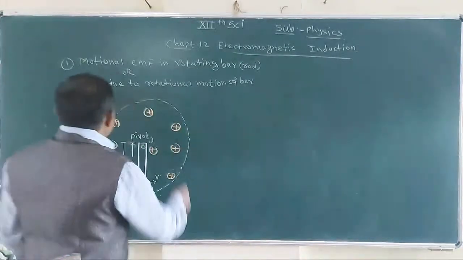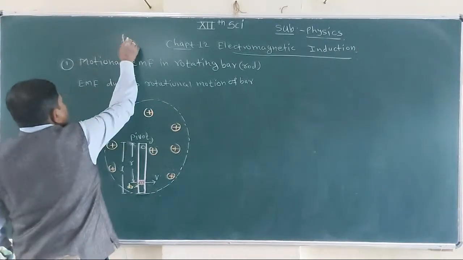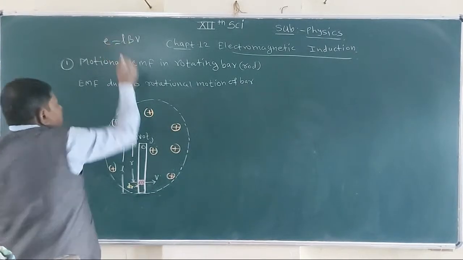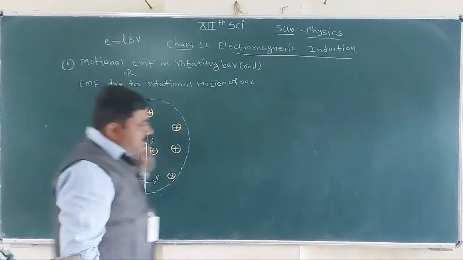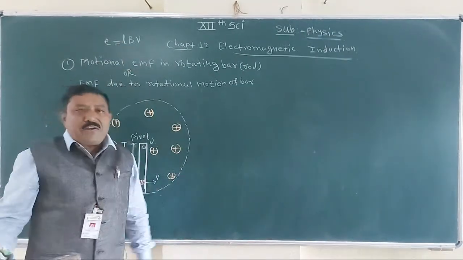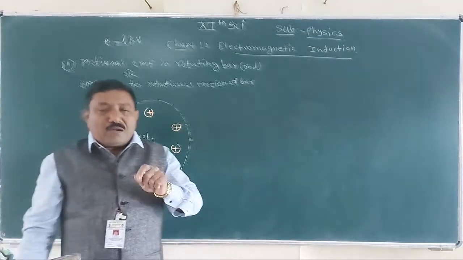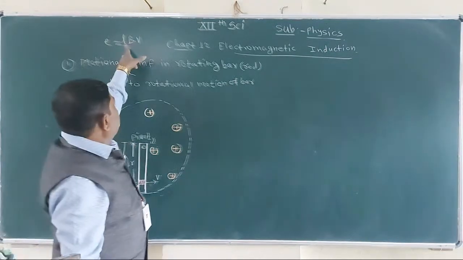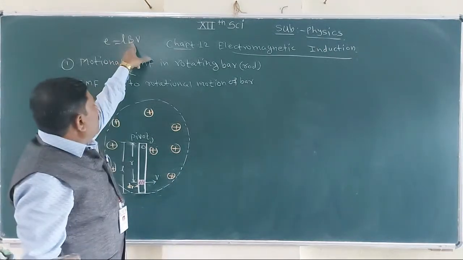Suppose L is the length of the conductor, B is the magnetic field of induction, and V is the velocity with which that conductor is moving in a uniform magnetic field, then the induced EMF produced in that conductor is E = LBV,